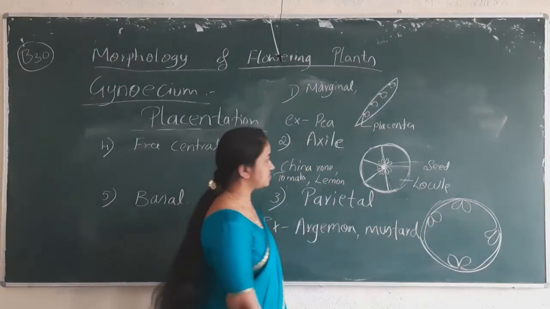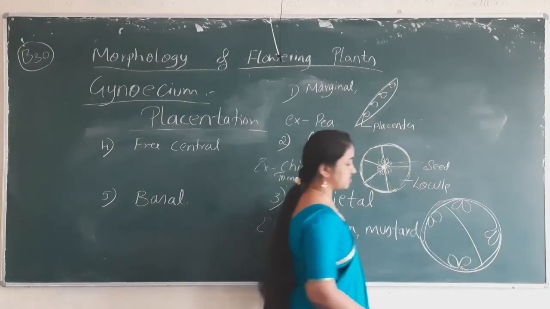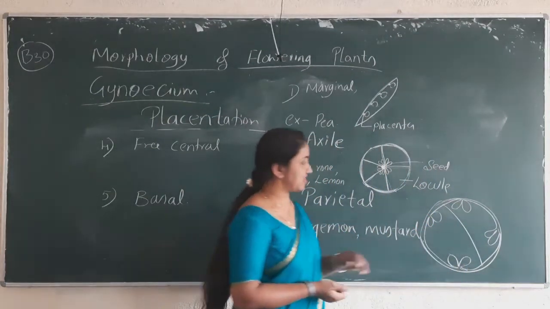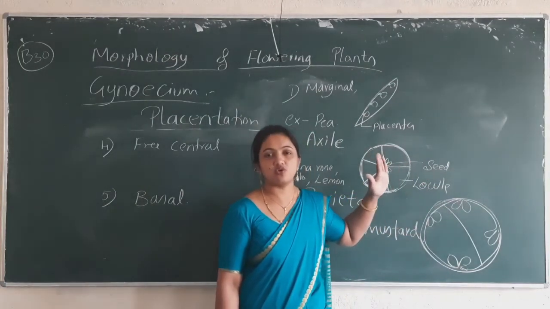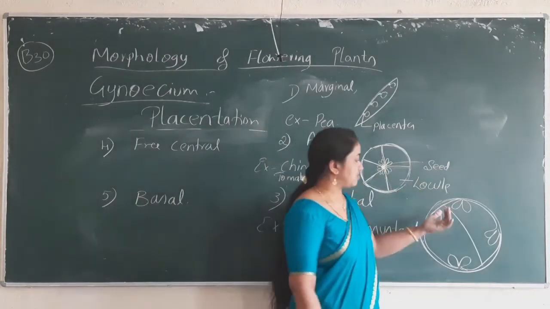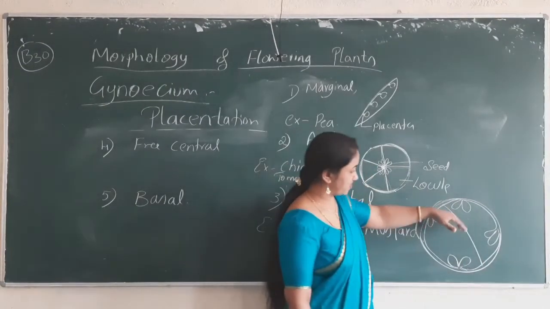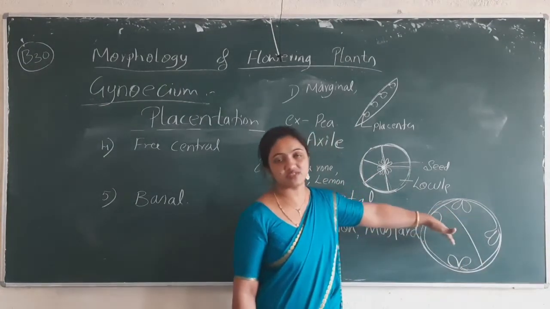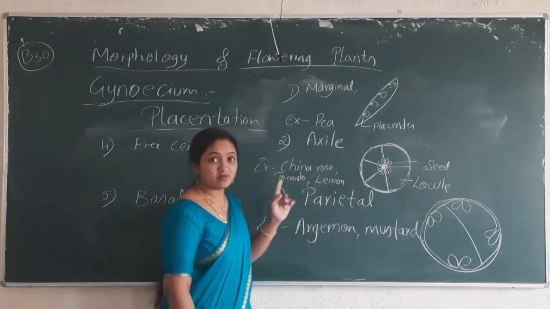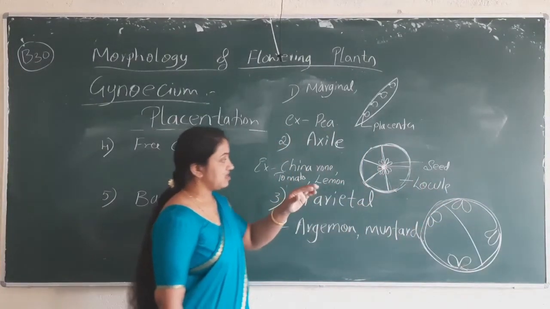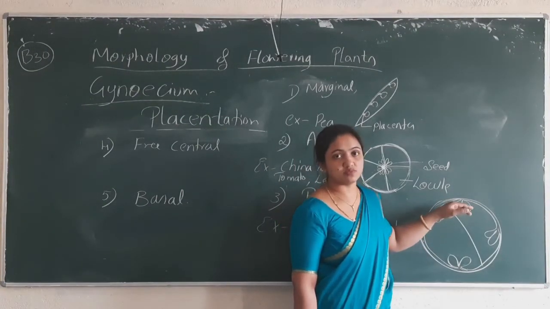False septa means what? Septa means a division, a line which divides the ovary into two. False means it should not be present. By mistake, it has developed inside the ovary. This is known as false septum. Only one false septum will be present, so that the ovary has two chambers in some